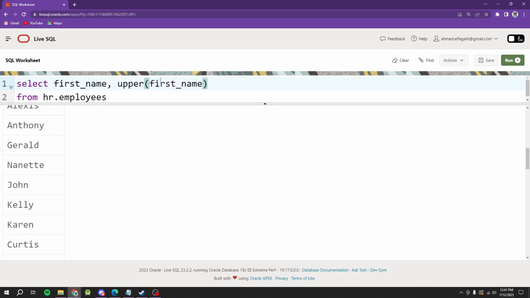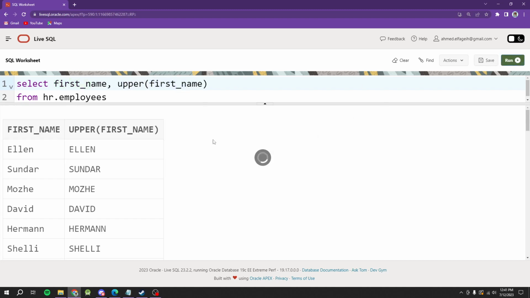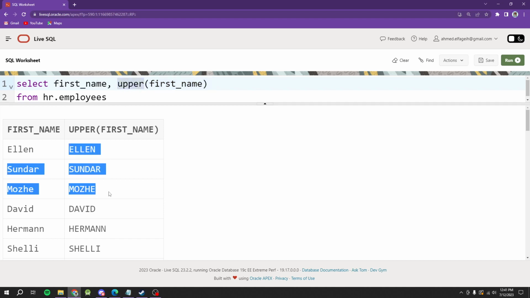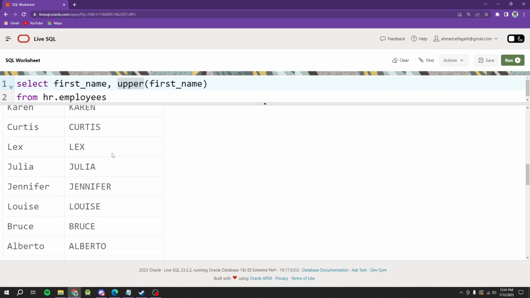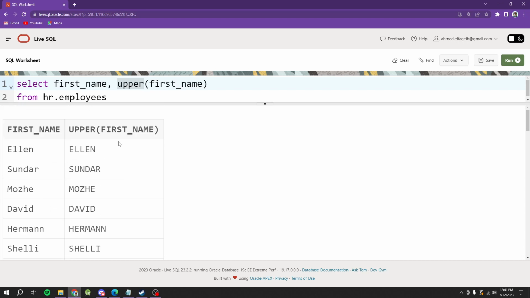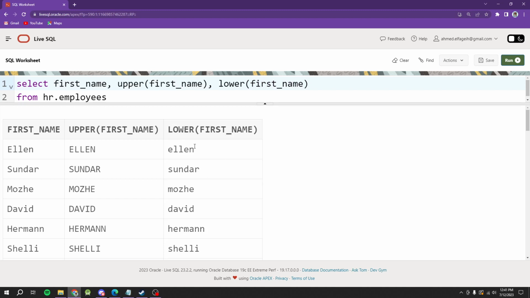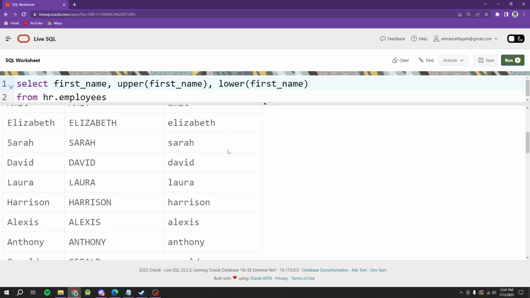So this is the attribute that I want the upper function to be applied to. Here, if I click run, I can see that I have the normal first name in this column, and in the other column the first name with the upper function applied to it. So I can see that all the names are displayed in upper case letters, right? Same thing if I want to use the lower function and give the first name again, and if I click run, now I have another display for the name with